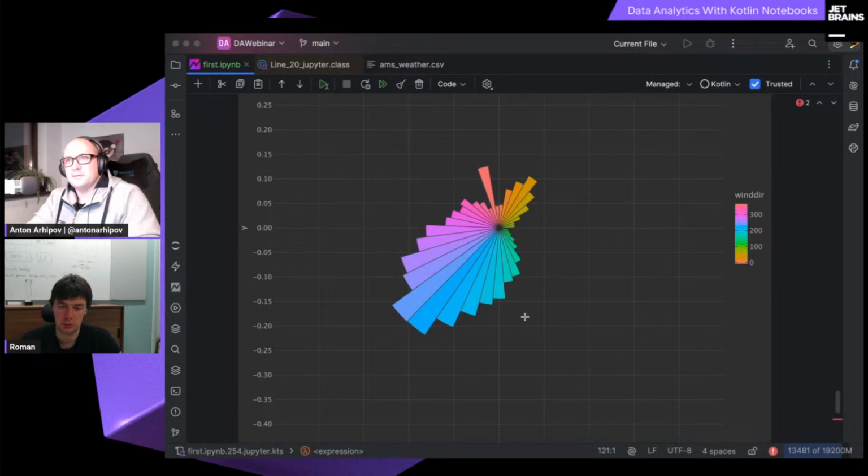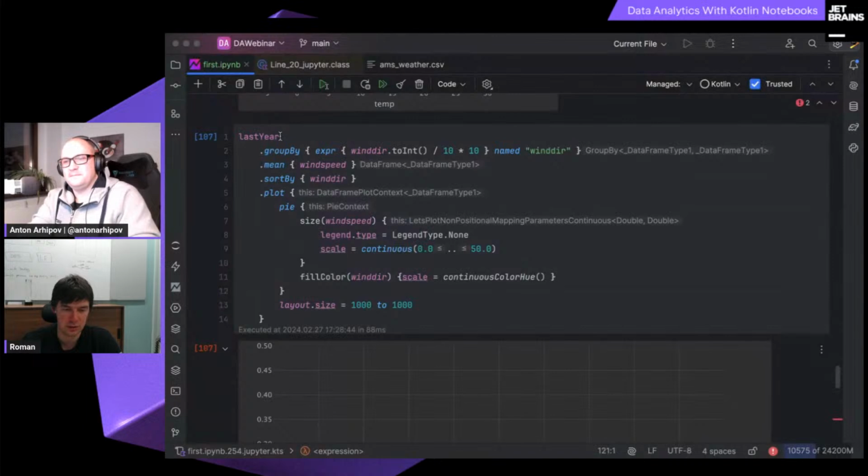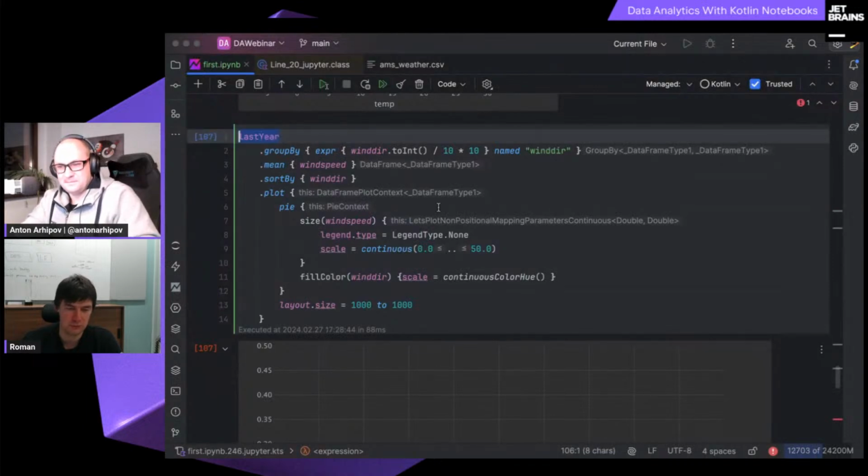Wonderful. Nice. So now I can see that there are two strong directions, from this side and from this side, which was absolutely unexpected for me, and really strong from the North Sea. But the one which is the most common and strongest is from this side. We actually can check it for other, not just for last year, but for the